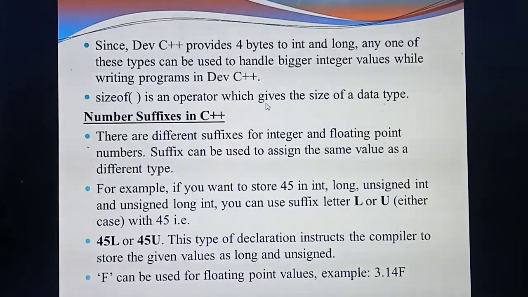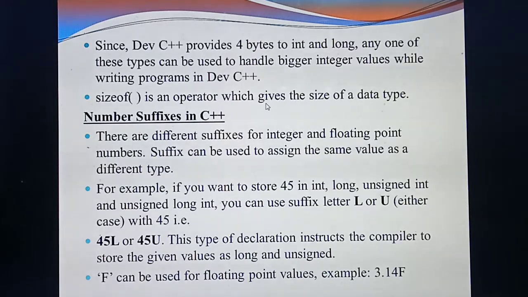Same thing only. So here also you are going to add some suffixes in some data types. Understand? So what are the suffixes? What are the data types we are going to add suffixes to? Suffixes are added to integer and floating point data types. So you are going to add suffixes in which data types? Integer and floating data types.